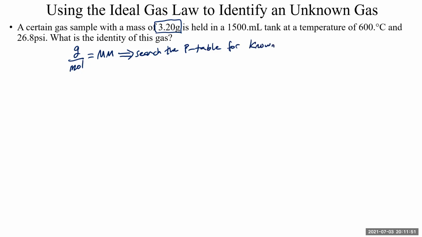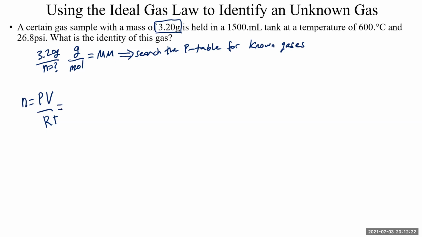And this is a little bit of an Easter egg hunt for known gases. You have to go and look for the actual value on the periodic table that matches your molar mass. But first, how do you get molar mass? Well, you get it by taking grams divided by moles. We already have the grams. We've been given that. The question is, what is our N value? What is our number of moles of this gas? How do we find N? N is equal to PV divided by RT, a rearrangement of the ideal gas equation.